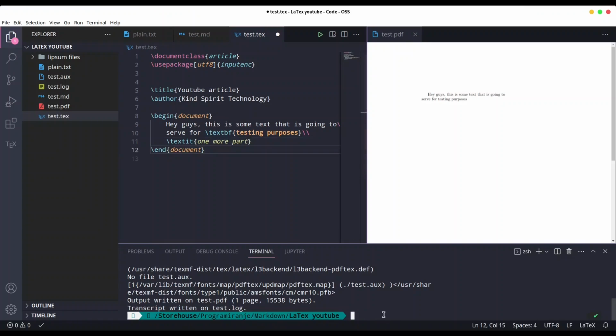If I execute this code once again, but first I have to save this document, you see we have our result refreshed. So guys, this is how you are going to set up your working environment for